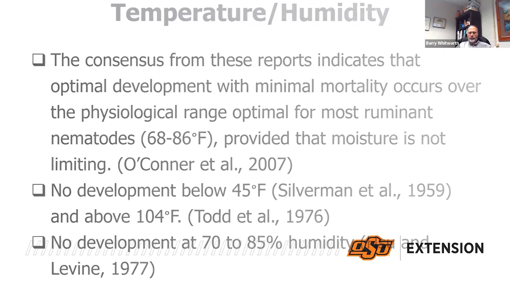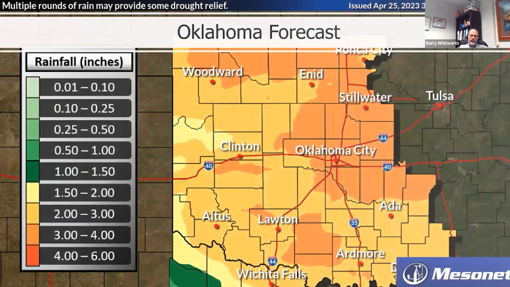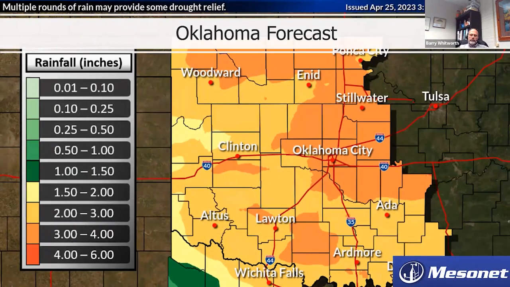But hopefully, if I believe, and I've been laughed at before for believing the weatherman, this is what I got off the Mesonet website today. So hopefully a lot of us are fixing to come out of a drought, right? That's what we hope. As Gary McManus, I heard say, this might be a drought quencher, maybe not a drought buster.